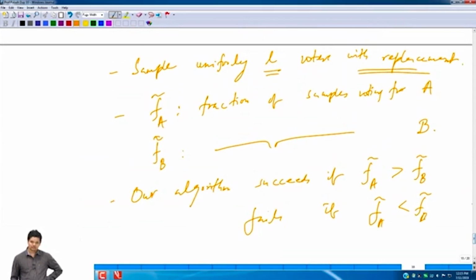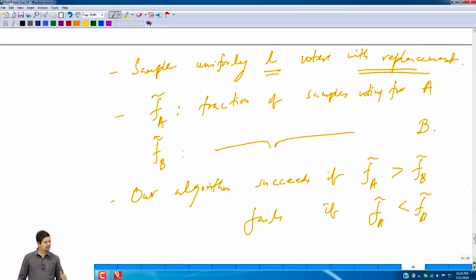The algorithm is very simple. This is the algorithm: sample L people uniformly at random and look at the fraction. Whoever wins in my sample election is my winner. This is the algorithm usually followed in all opinion polls, predictions, and this sort of thing. So compute the value of L. How many times do I need to sample?